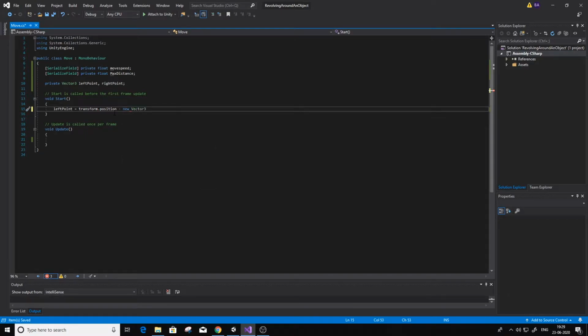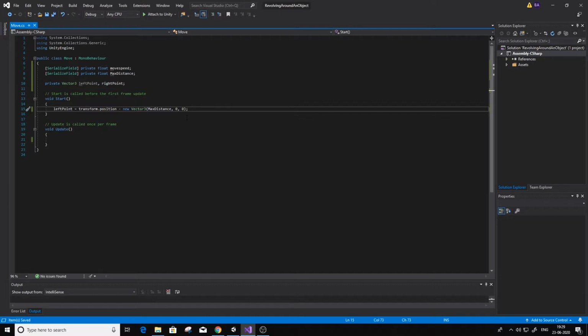The point is either one of the left or the right point should use the minus or the plus sign. Okay, so the left point, according to what I'm going to do, will be at max distance units from the transform.position, from the current position of the object.